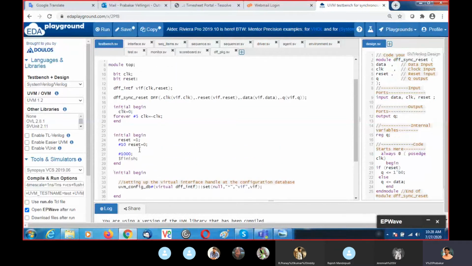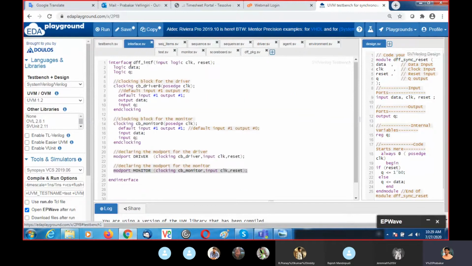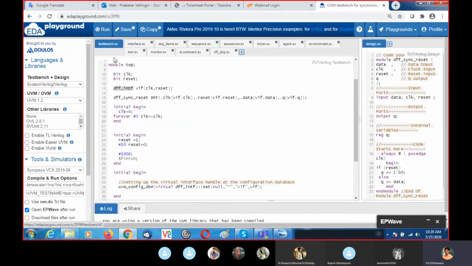After generating the clock and reset, these should be passed to the actual physical interface handle. Here DFF INTF is nothing but the interface module name, which I instantiate here. In the top module, I created the actual physical interface handle.